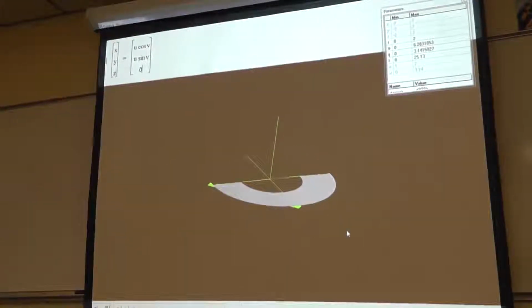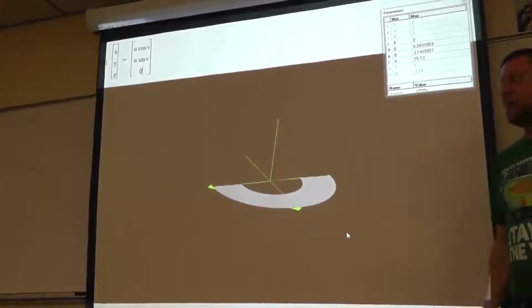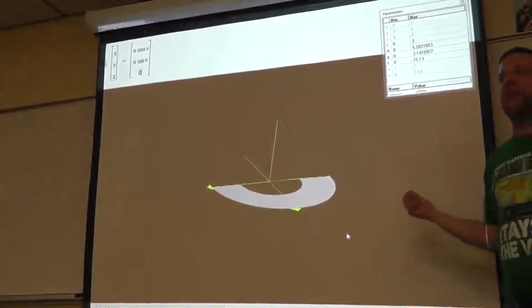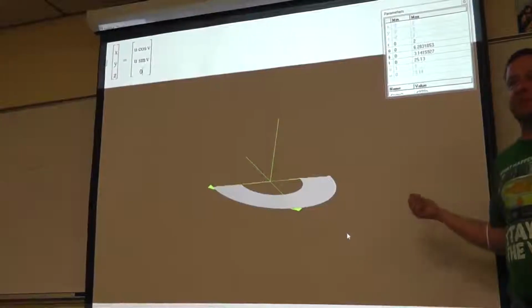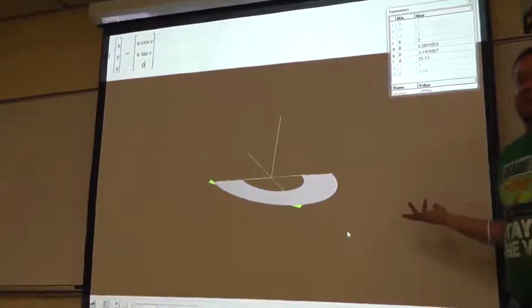So knowing how to parameterize a surface, I don't know how many of you have computer modeling in your future, but the reason this probably got integrated into the Calc 3 curriculum was probably because of computer modeling, or even stuff like, this is probably the rudiments of Pixar animation.